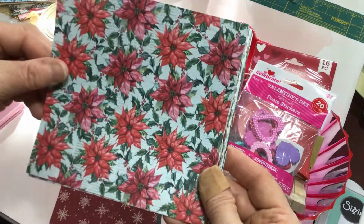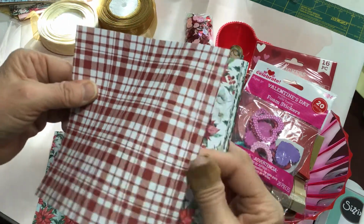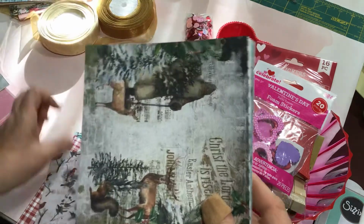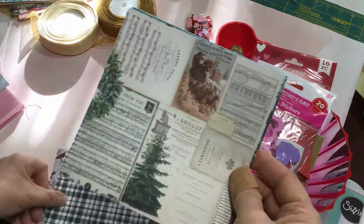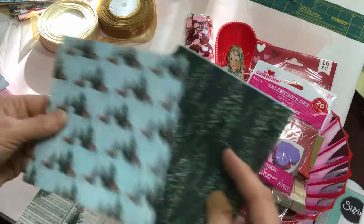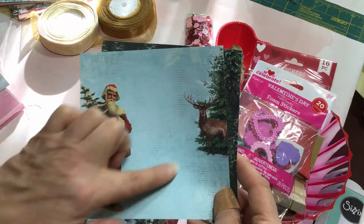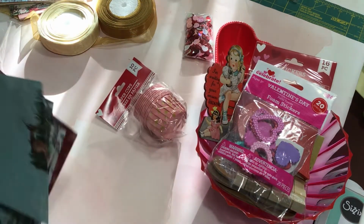Here's a pale blue background with the red poinsettia and some greenery. Kind of a brick red and white plaid. White, red, green. Traditional Christmas colors. Some more birds. And then some of these are doubles. Here's a black plaid, black, white, and with a little red. And then these look like they may be doubles here. Here's a deer, a couple doubles. Oh, here's a page with trees on it. And the last one has an Old World Santa with a beautiful pale blue text, distressed look background there. So I just love these, and I thought the price wasn't too bad